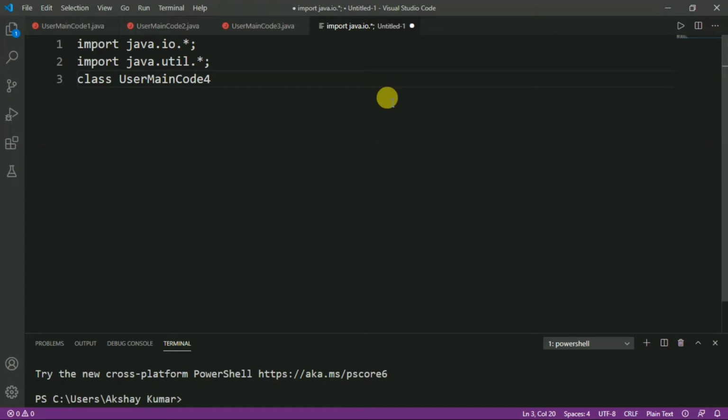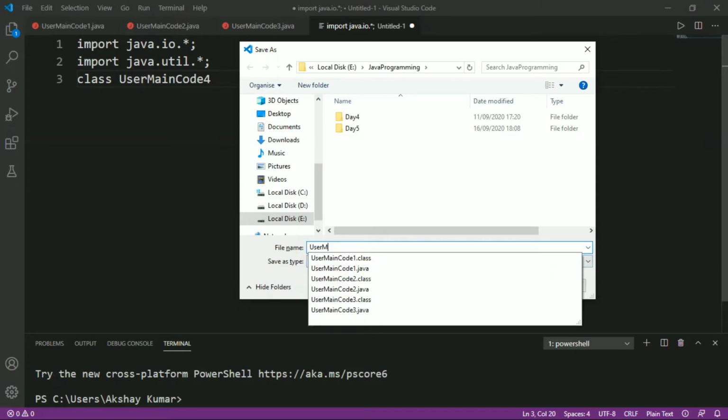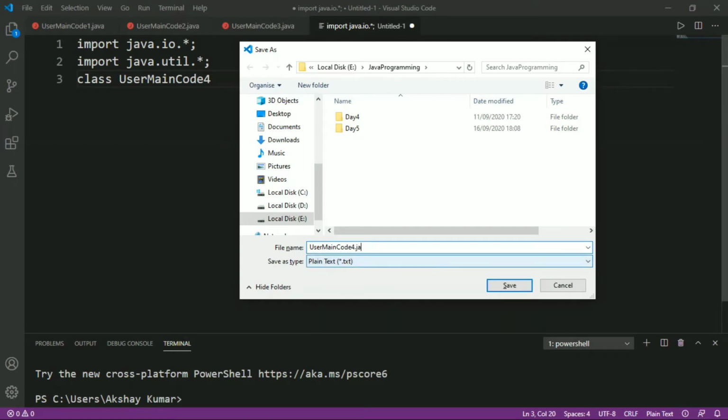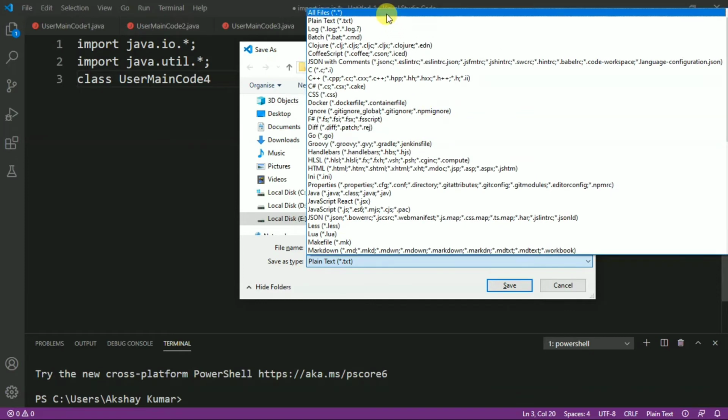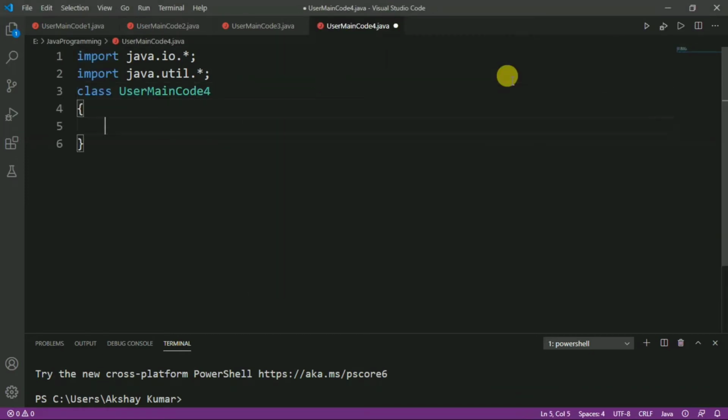Now, by pressing Ctrl S we will save the program, and our file name should be the same as the class name. So, we write UserMainCode4 with the extension .java, select all files, and save. Now we will define the function.